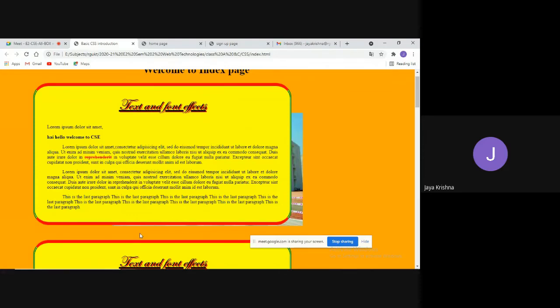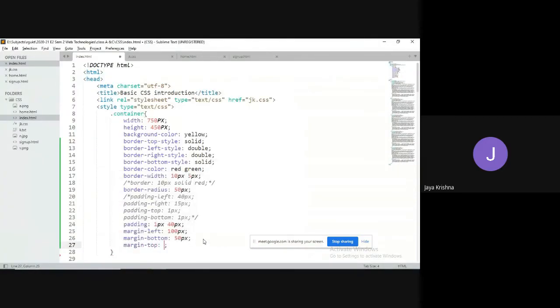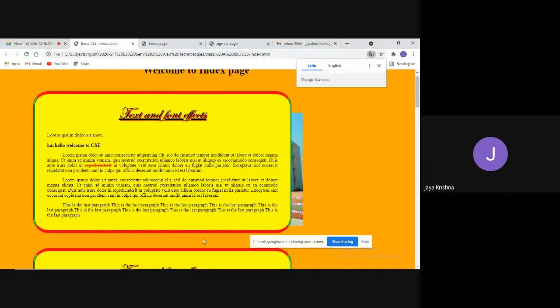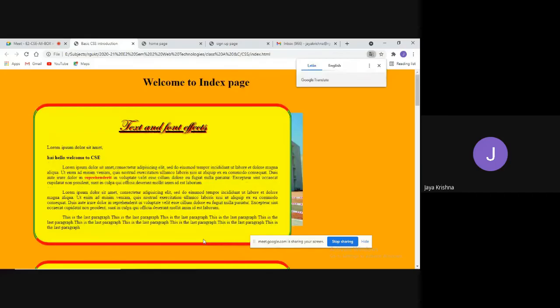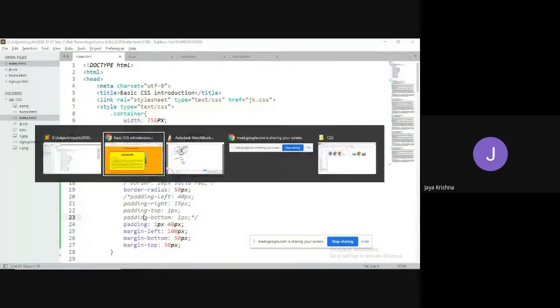So total amount of space here is 50 pixel. If I go with margin-top, which is 50 pixel, then total you will get here as 100 pixel. Observe, you get here total as 100 pixel. Yeah, fine. So this is the concept of margins.